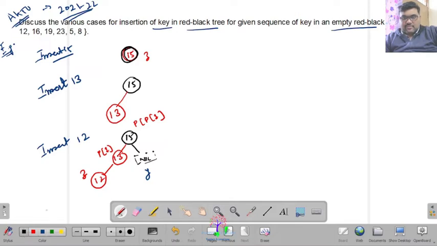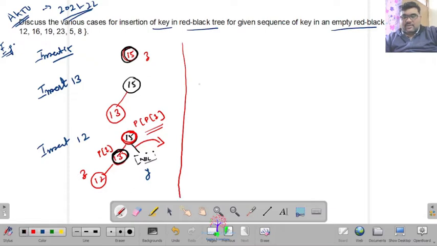First step, make this parent black. Next, make this uncle red. Third, take the right rotation at the parent of Z. When you do this, what do you get?